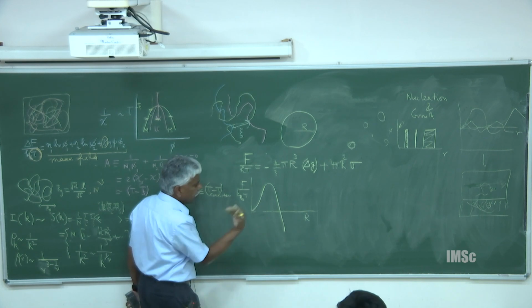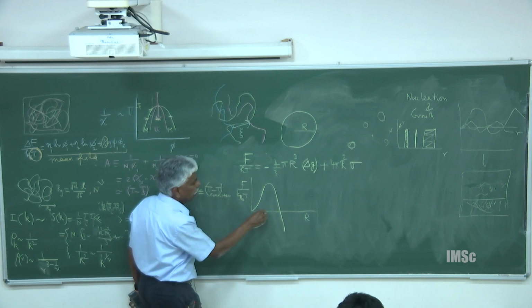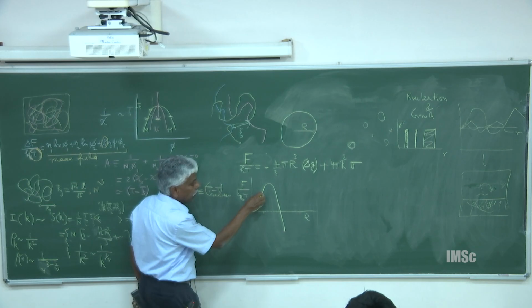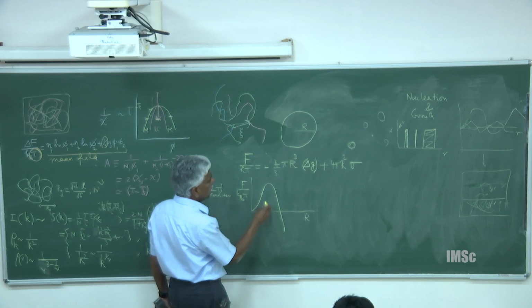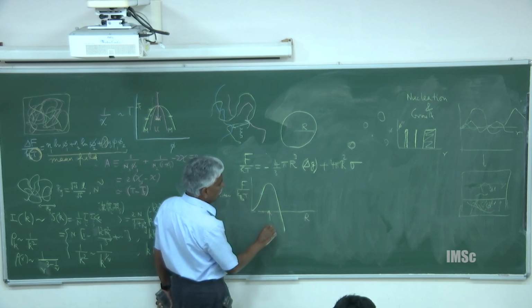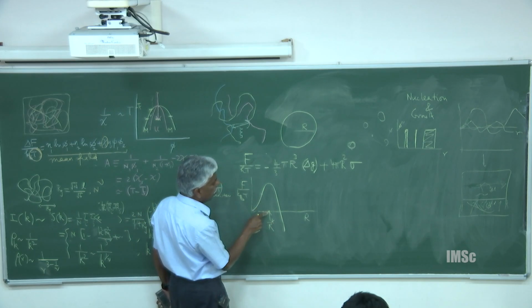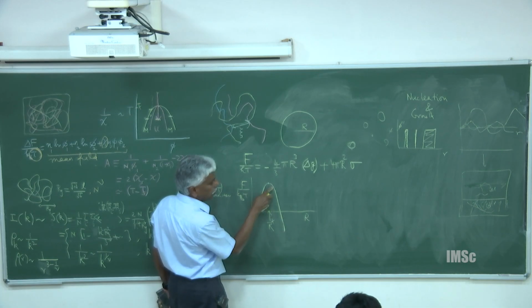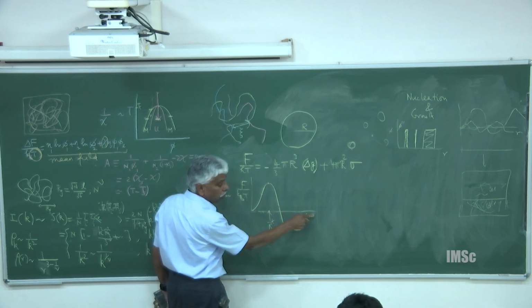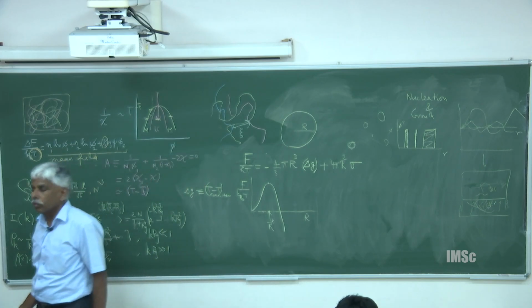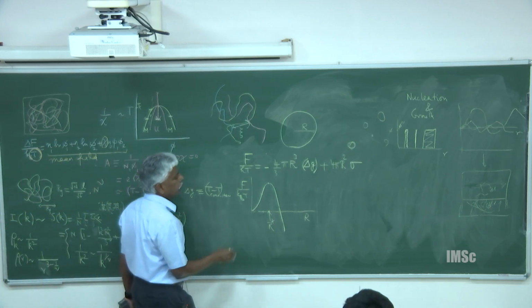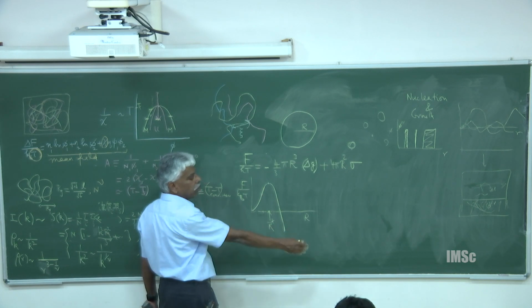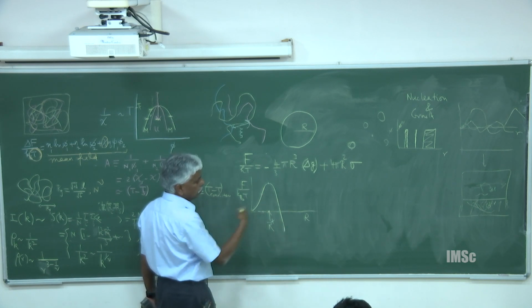So, if by fluctuation I make some droplet of this radius, then the chance that it is going to dissolve is much higher. But on the other hand, if I cross the barrier r star, if I go beyond r star, the chance that it is going to survive, that means grow, is much higher. So, this is what we call the nucleation barrier. You need to cross that barrier for this droplet to become a viable droplet. If it does not cross, then it is going to dissolve back.